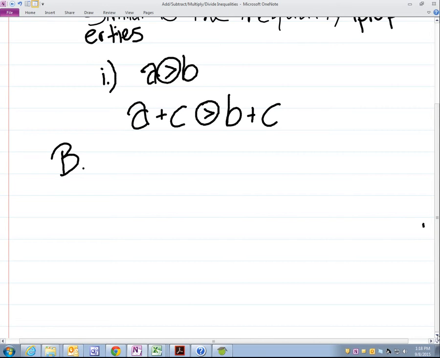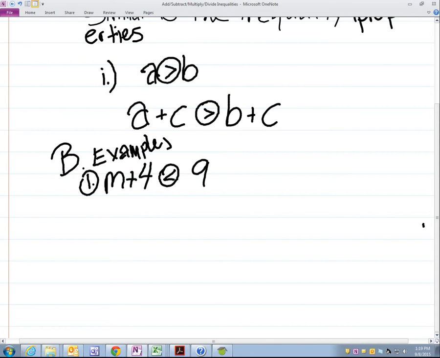So let's get some examples. So let's do m plus 4 is less than 9. M plus 4 is less than 9. And we are trying to solve for this inequality. We are solving for the variable. I'm going to write examples here. Examples, here's example 1. Examples, m plus 4